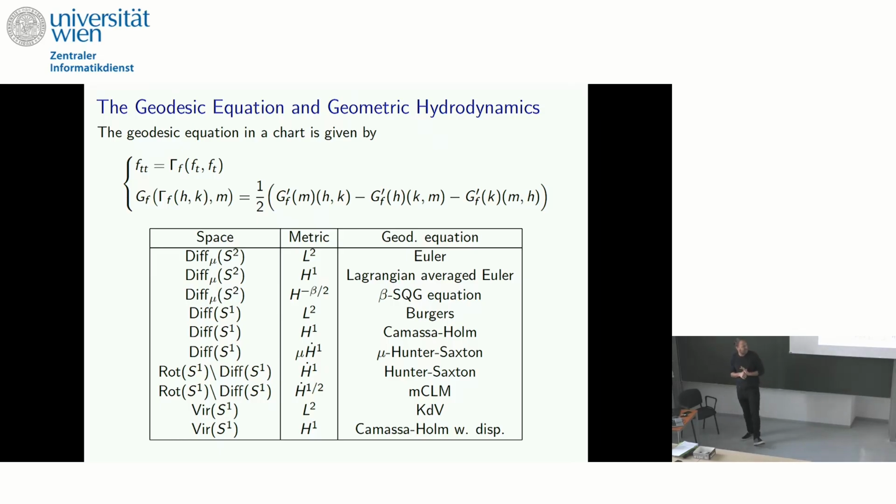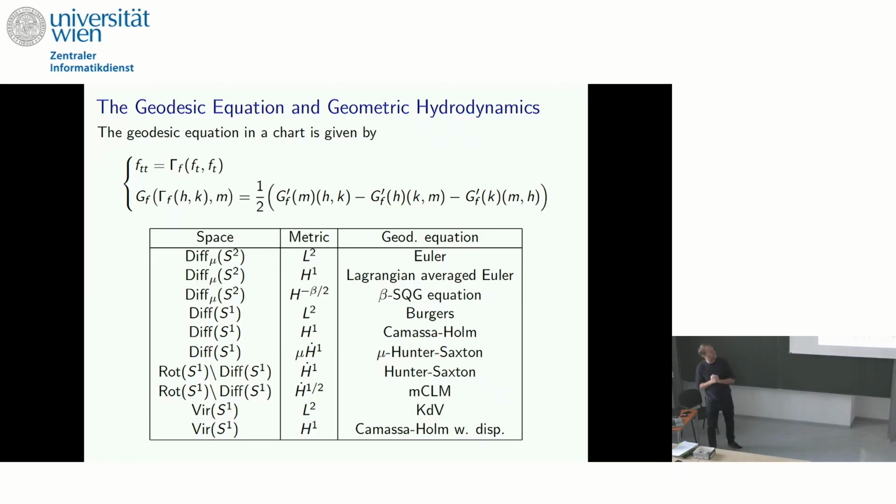I really like the article by Cornelia Wiesmann, where she gives an overview of a lot of different equations that can be found in this way. But the article is already about 10 years old, and since then some new examples have been found. Probably the most complete list that I know of is in the new version of Boris Khesin's book. But even since then, which is just 2 or 3 years ago, several new examples have been found. So this is an ever-growing list, but it should show you that this is not a singular phenomenon, but a broadly applicable approach to many PDEs.